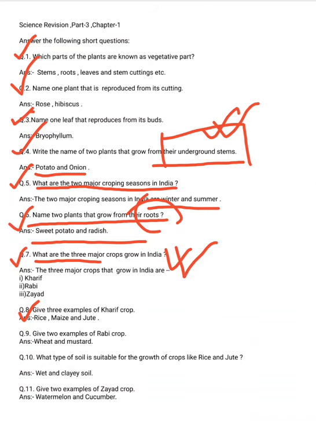Next, question 8. Give 3 examples of kharif crops. Kharif crops are grown in the summer season. Rice, maize and jute. Because they need a lot of water, they grow in the summer season. Maize means corn, rice means paddy, so they need a lot of water and clay soil. Clay soils are important for the growth of